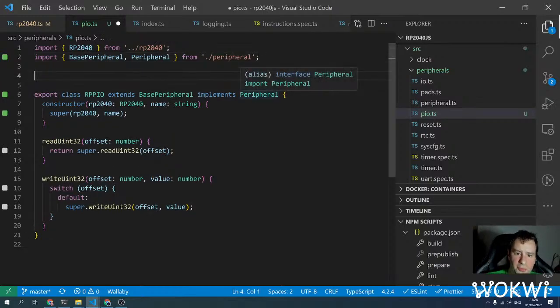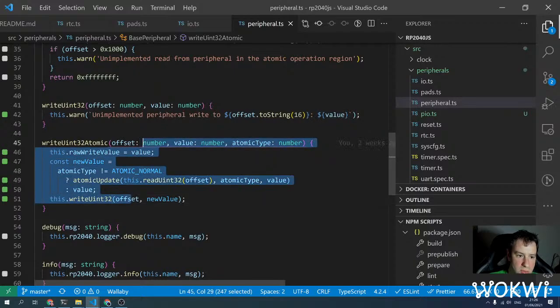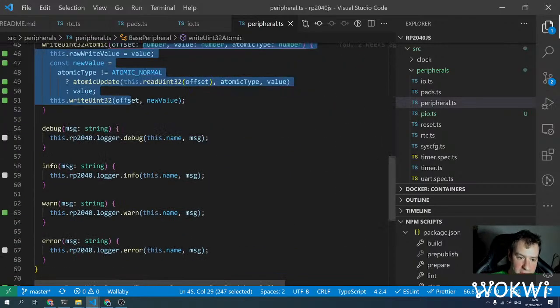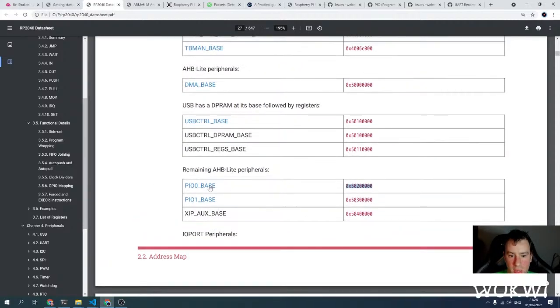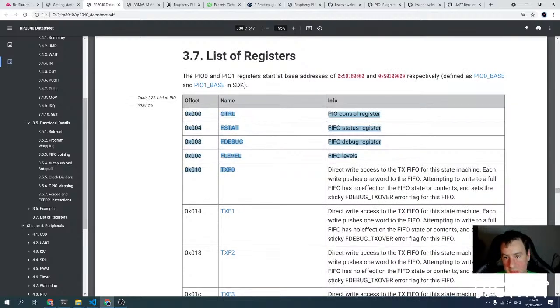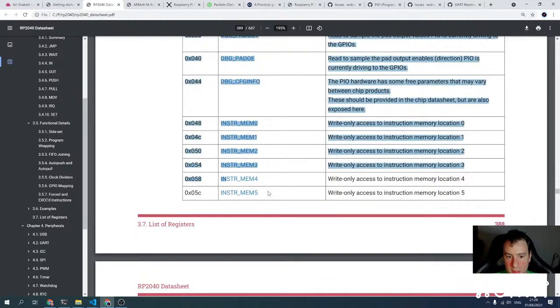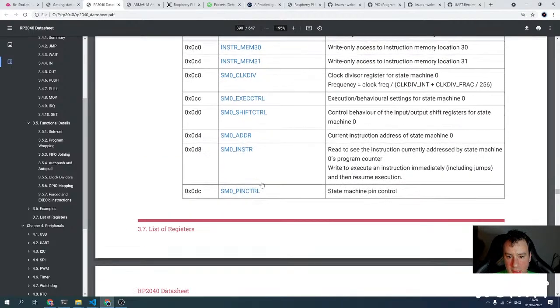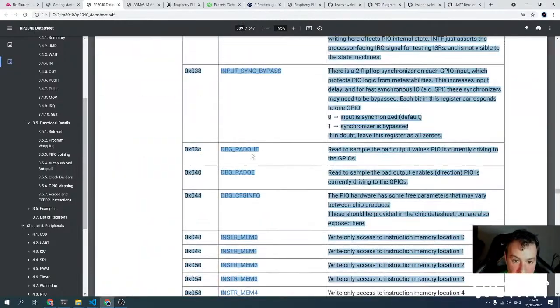And that's not a peripheral per se, but let's keep them extending base peripheral. I mean, this is not useful here, but the other behaviors are useful. So let's try to keep that for now. And the first thing I want to do is go over the registers and have constants for as many as we can. I don't know if it will be easy to copy this. Yeah, that's going to take a long time. And there are so many repetitions. So yeah, let's